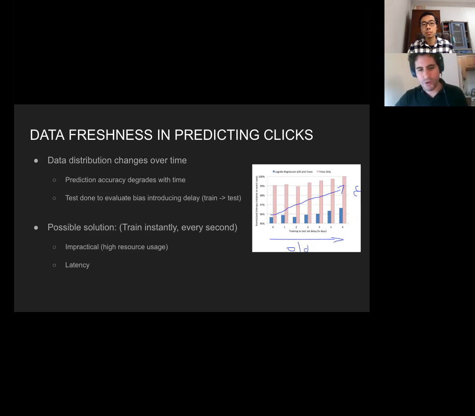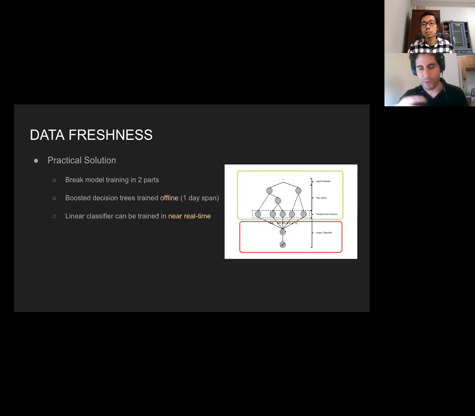So one possible solution is to just train a model every second. But of course, that's impractical. You need many resources. And of course, you introduce a lot of latency to your page or to your system. So